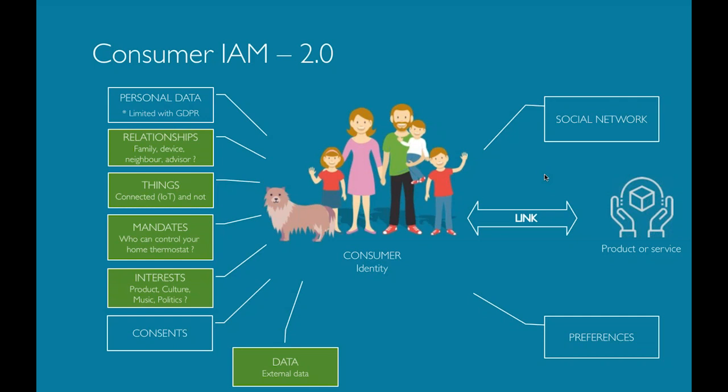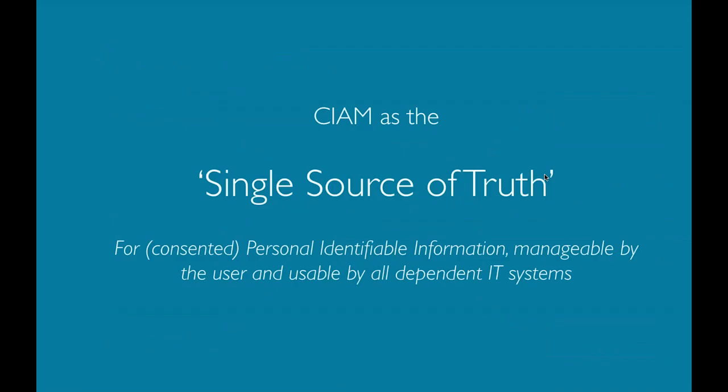So things will change with consumer identity access management going forward, as more and more information where the consumer should be in control of, that our consumer choices, consumer interest, consumer data will all end up in that central system. And companies that want to survive in this new digital world need that single source of truth for their customer data. And consumers or customers need to have access all the time to that information. This is where CIAM lives, the source for consented personal identifiable information for both the consumers as well as your digital landscape.